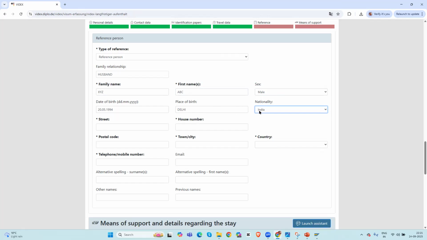This is not mandatory, but you can provide it. The current address,